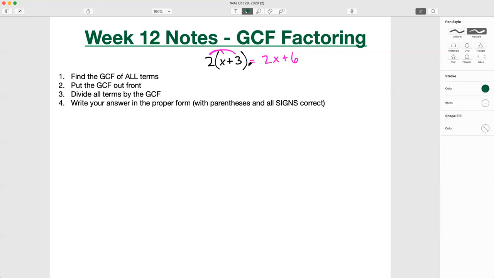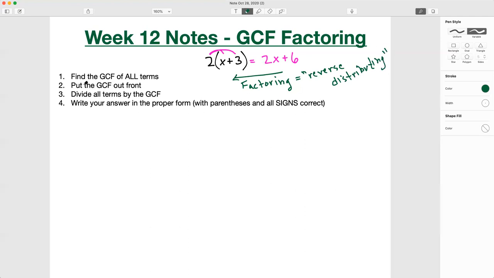In factoring, essentially, it is when you go the other direction. This is factoring. So if you go from something like 2x plus 6 to this, something with parentheses, that is what factoring is, going back the other direction. So essentially, it's just reverse distributing. Reverse distributing. And that's what this whole lesson is about.